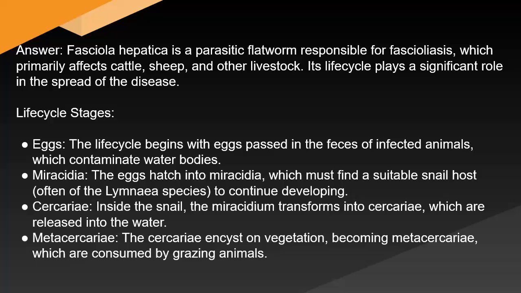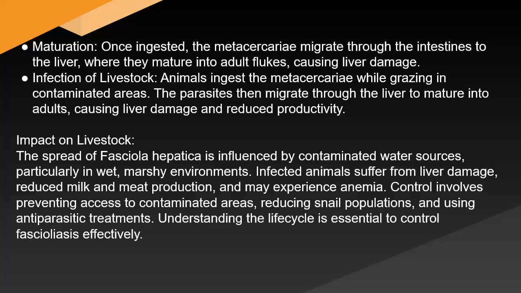bodies. Miracidia. The eggs hatch into miracidia, which must find a suitable snail host, often of the Lymnaea species, to continue developing. Cercariae. The miracidium transforms inside the snail into cercariae, which are released into the water. Metacercariae. The cercariae encyst on vegetation, becoming metacercariae, which are consumed by grazing animals. Maturation. Once ingested, the metacercariae migrate through the intestines to the liver, where they mature into adult flukes, causing liver